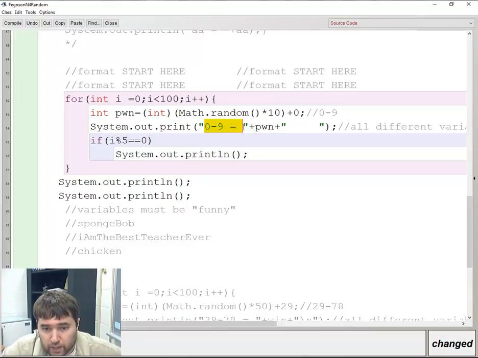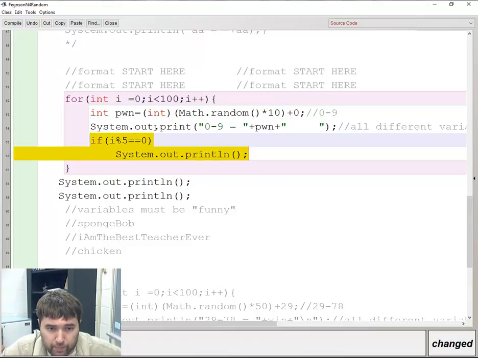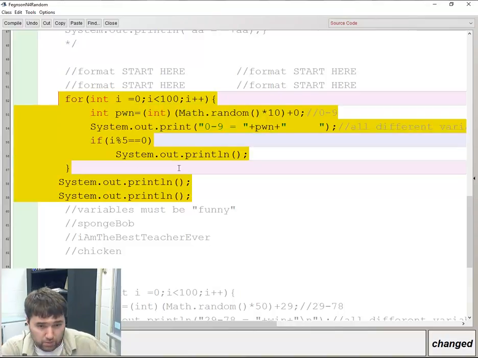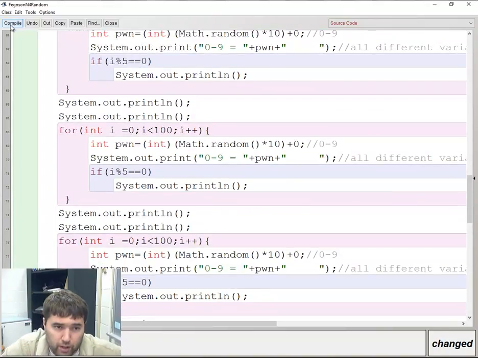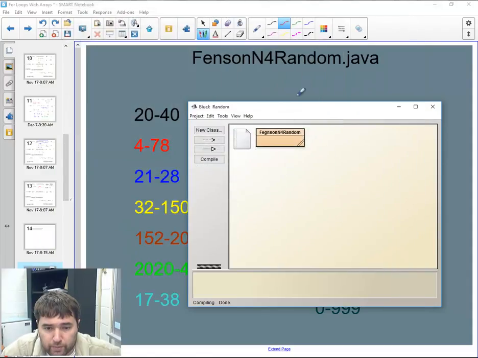I put the text stating what it is, I output the variable that's there, and I put a space at the end so that this works out well. Please realize you have to change the variable names in 2 spots, and that's pretty much it. So just copy this code a whole bunch of times, and then change all the values, and then when you compile and run it,